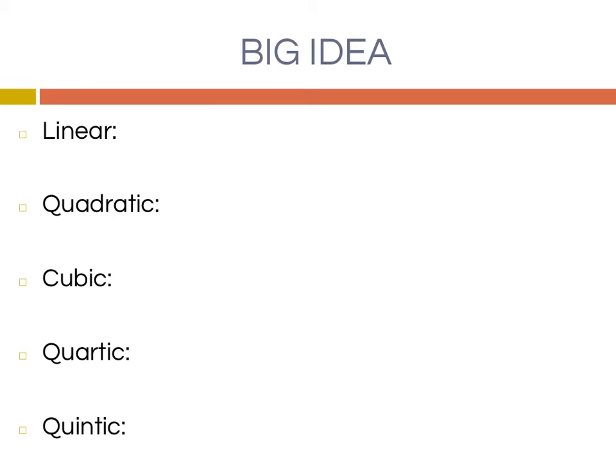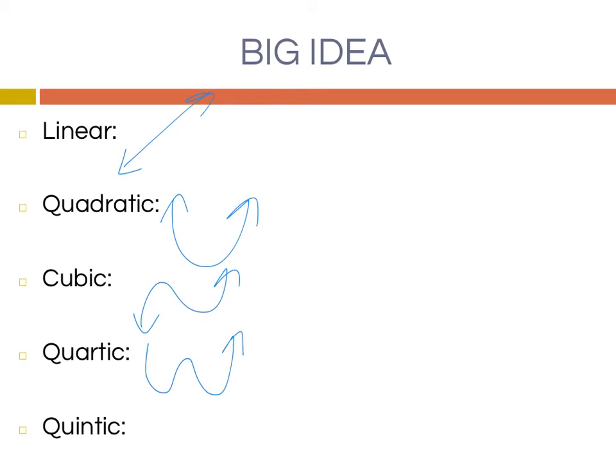So let's sum all these bad boys up. Linear looks like this. Quadratic looks like this. Cubic looks like this. Quartic looks like this. And quintic looks like that. Now, all these ones in blue are the positive versions. Something we didn't look at would be the negative versions. In negative land, if you will,